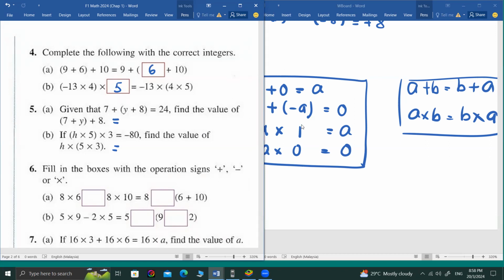Very simple, right? What is the answer for A? Yeah, 24. Then follow only one, right? It's the same, right? 24. What is the answer for B? Yeah, negative 80. Got it? Okay, rest for 5 minutes. 休息5分钟。